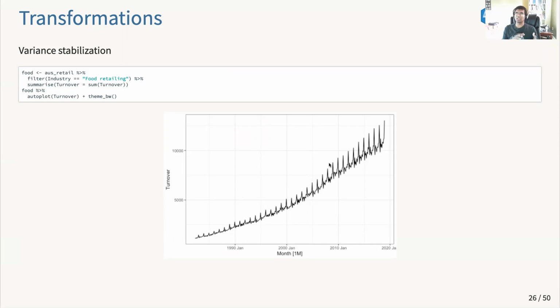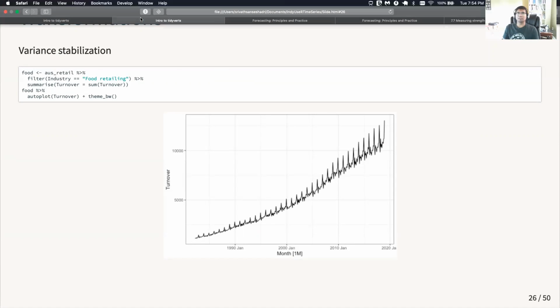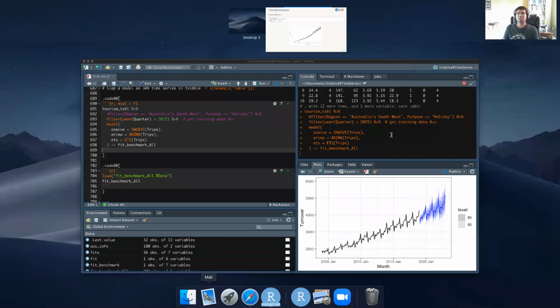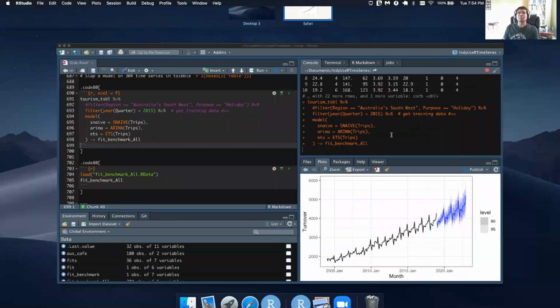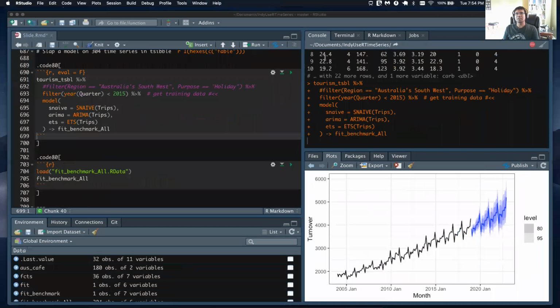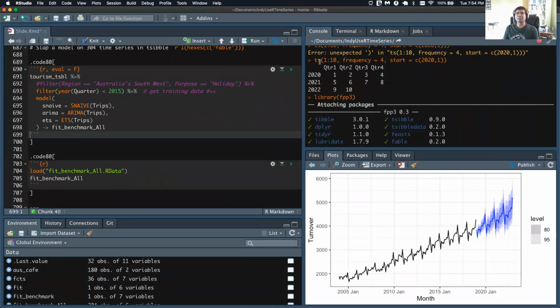Earlier I showed in the base time series stats package, which has the TS object, if you did this, oh, it's still running. Let me see. Not sure if you're still able to see my screen here.